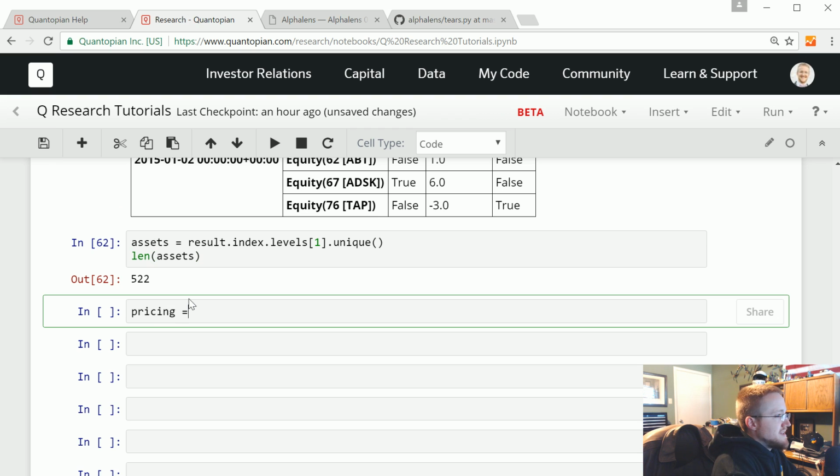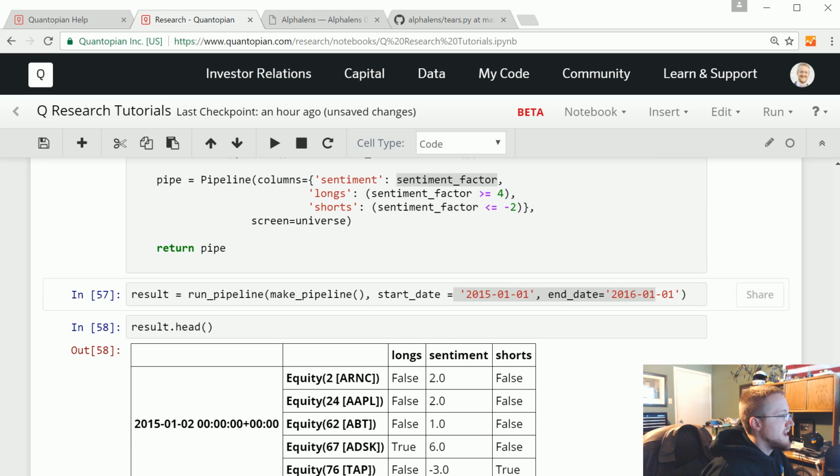So now we're going to say pricing equals get_pricing. Red flags, bells should go off. You never imported get_pricing. Well, guess what? It's there. Just some more Quantopian magic for you. Assets, basically, what prices are we interested in? We're interested in prices for all of the assets. And then we've got start date and end date. So let's just take this, copy,